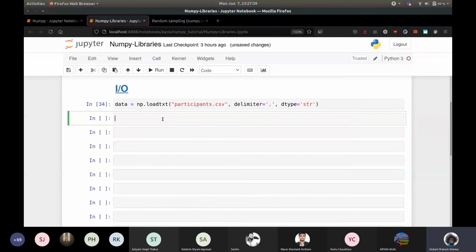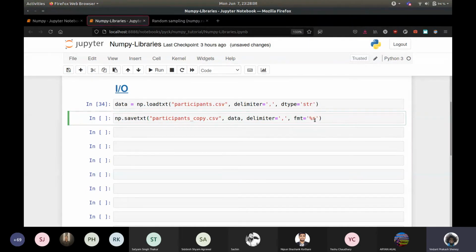And if you want to save something, for example, if we want to save this data to something else, let's say np.savetxt, you give the participants copy or whatever .csv, and again you just give the array that you want to store, you give a delimiter, comma, and you give the format in which you want to store it.